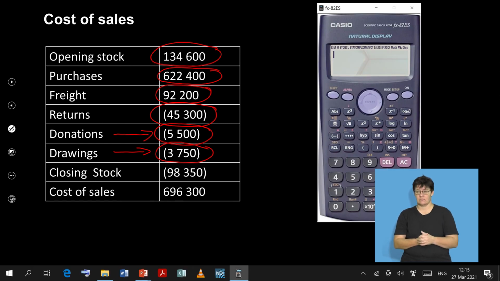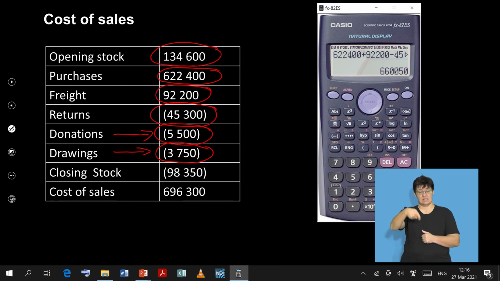We'll take our purchases figure of 622,400, plus the freight of 92,200, minus my return of 45,300, minus my donation of 5,500, minus my drawings of 3,750, and this will then give me a figure of